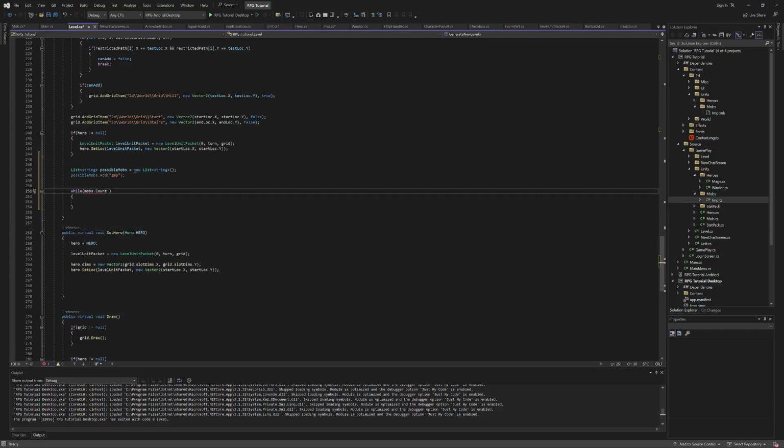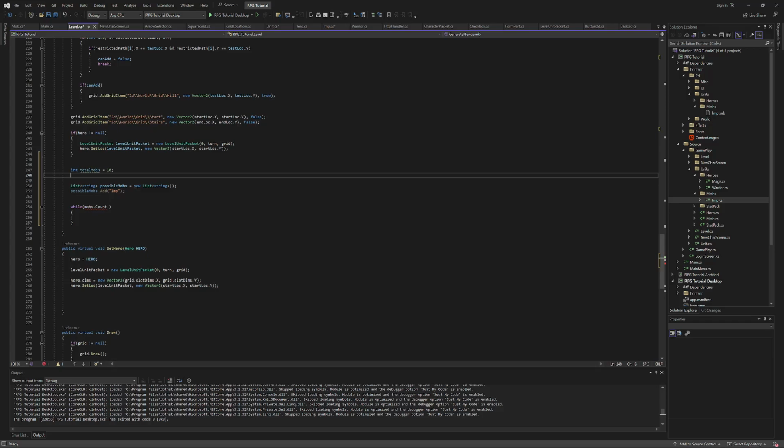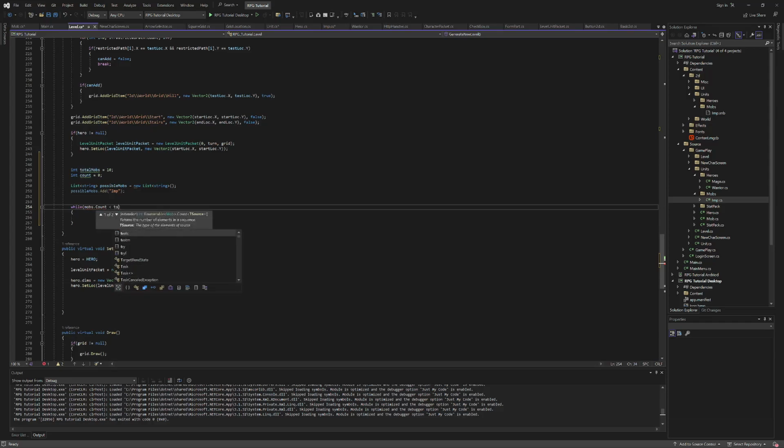count. Oh, I forgot. We missed a couple things. Int total mobs. This is the number of mobs you want to generate. Right now I'm just going to leave it at 10. You can random it. You can do whatever you want for your stuff. And then the number of attempts is going to be count 0 here. We're actually going to use that as a fail-safe breakout because I haven't done the math to decide whether I always have no space for my mobs. So if I don't, then it will try for a little while and then let it through without infinite looping and killing it here. All right, so while mob count is less than total mobs,